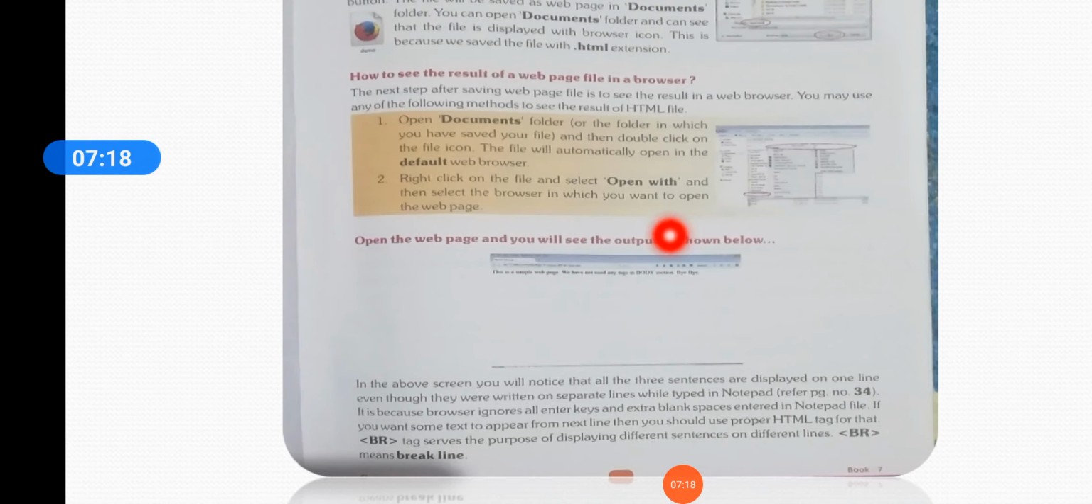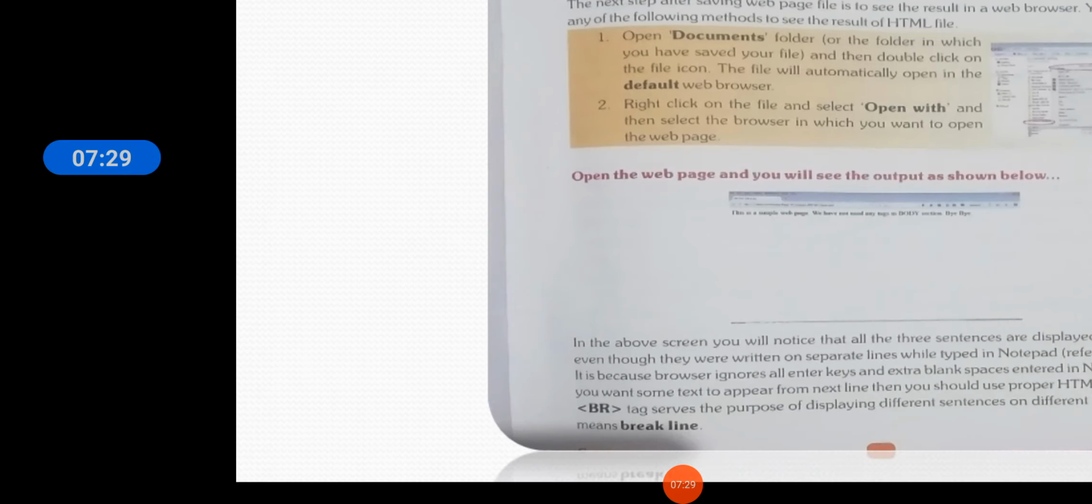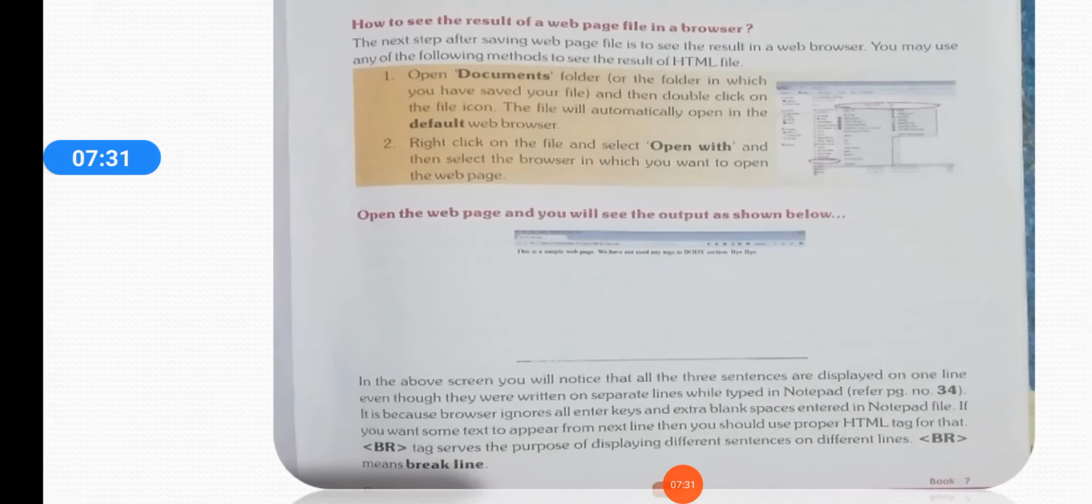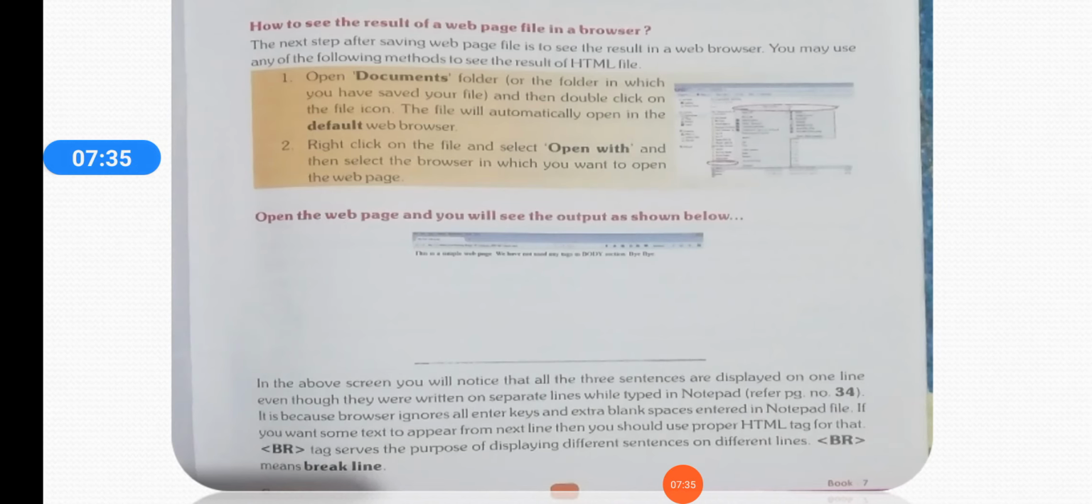Now see here, as shown below. Here it will reflect the title in the web browser, and the body, the information which is there in your file, it will reflect. You can see here, in the above screen you will notice that all the three sentences are displayed on one line,